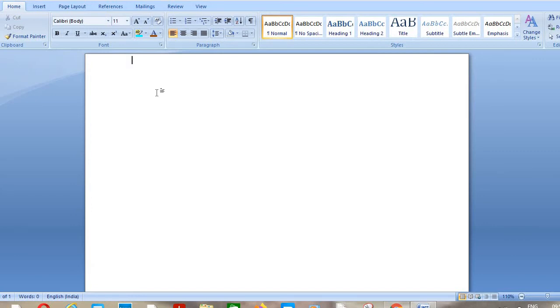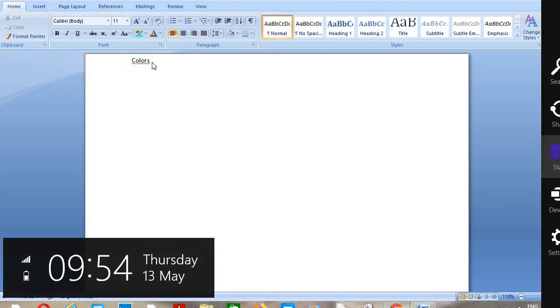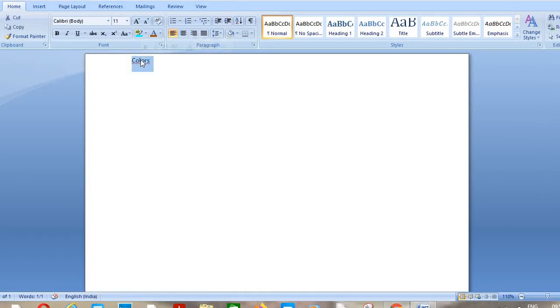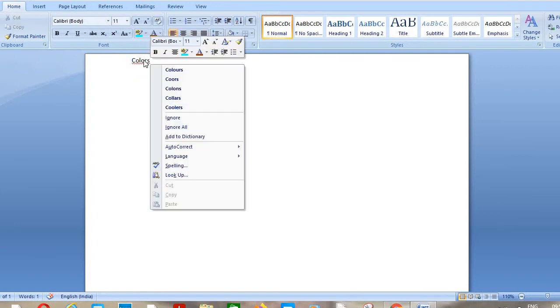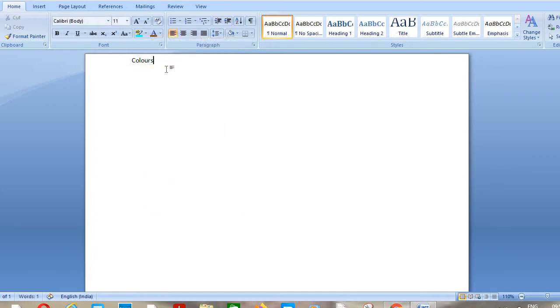If you want to write something, like I just want to write about color, so the heading should be colors. And if I want to align these colors in the center, as you see, if you are writing any paragraph, the heading goes in the center only. See, colors, this is a spelling mistake, that's why the red line is there. If you write anything wrong, it will show you suggestions also. Just right click here, and these are the spellings, so choose the correct spelling.